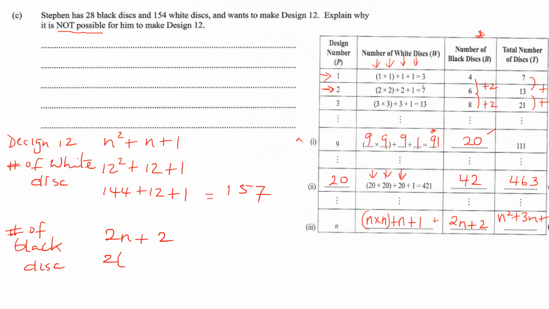So that's 2 times 12 plus 2, 24 plus 2 is 26. He has 28 blacks, so that's going to be possible. But 154 white discs, he needs 157, so it's not possible